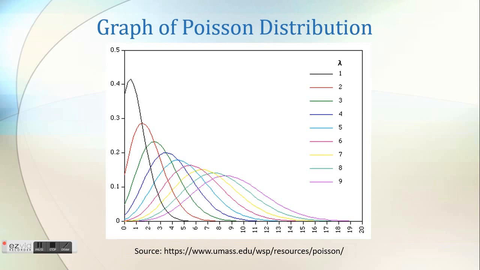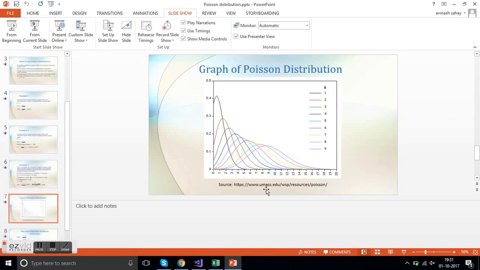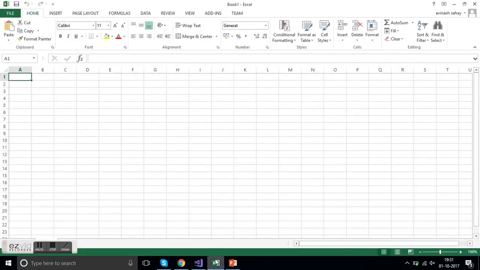You can calculate Poisson probability using an Excel formula also. So let's say that you want to calculate for lambda is equal to, let's say, 4 and x is equal to 3. Okay, so the probability that there will be 3 occurrences of an event in a given unit if the population mean is lambda per unit. So this is how I will calculate the probability.